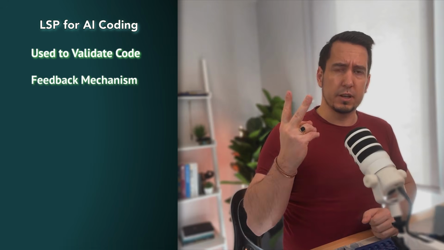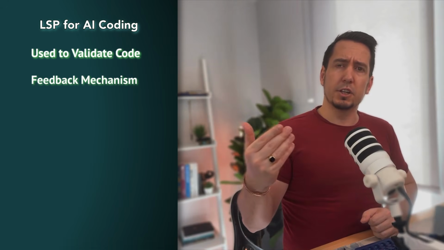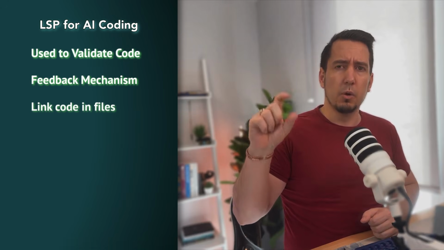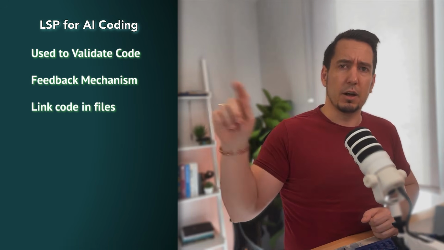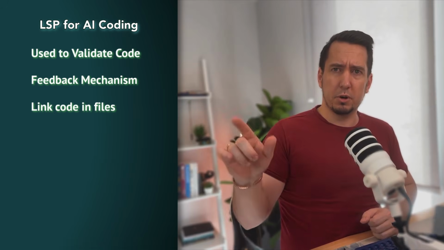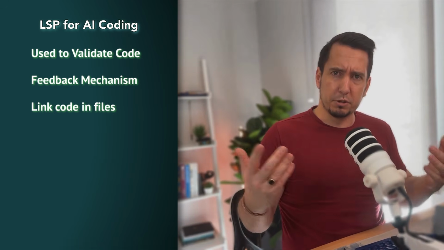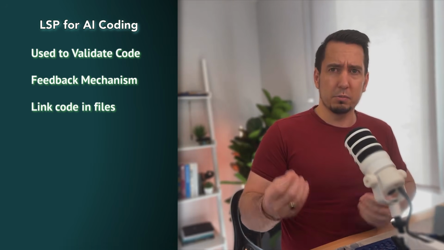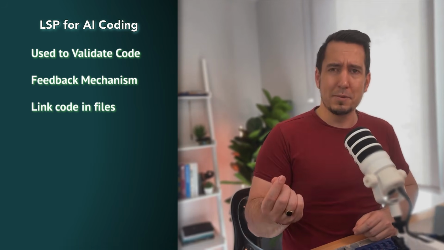The second benefit with LSPs is that the AI can link different functions to each other. The LSP knows where one function is defined and how it's linked to another, so it can jump through the code a lot quicker than doing a grep search on the full code base just trying to find the next function. And worse, if you've got functions with the same name, your AI gets confused between two different functions, and then you're fighting it in the context to make sure it's only thinking about the first function, not the irrelevant one. LSPs help with this problem too.